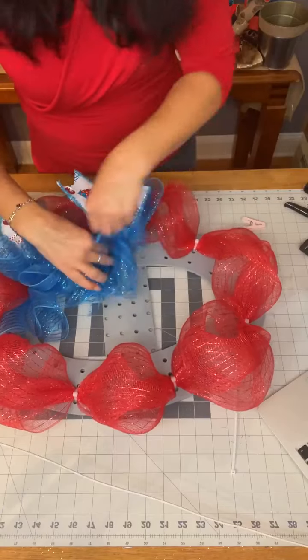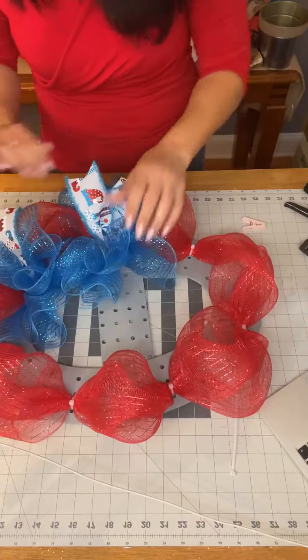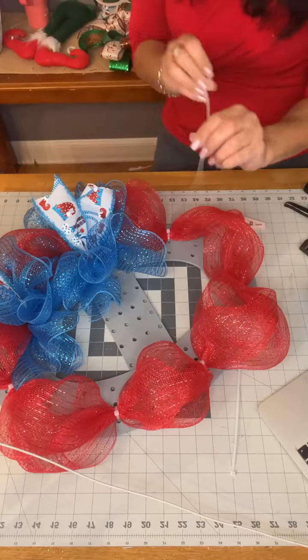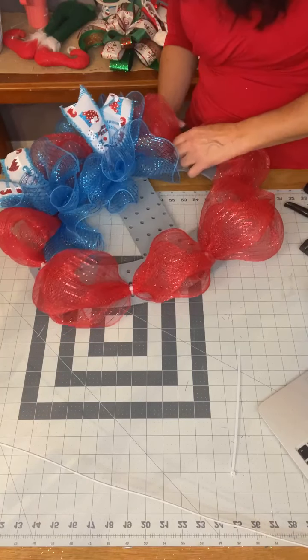One down, one up. And everything is covered. No zip ties are showing. The board isn't showing. And everybody's happy. I'm going to show you one more time how I put...